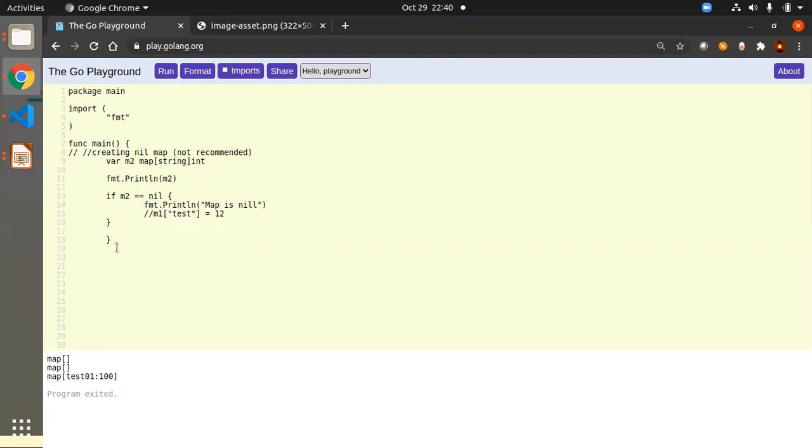But what if you try to add some keys to the nil map? What happens? That also we will see in two iterations. As of now, I will just execute this one. So whether it is nil or not, it will show it to us. Yes, initially it is trying to print empty map. Okay, fine. So it looks like an empty map, but if you try to check whether it is nil or not, it is showing nil. So empty is equal to the nil. That's why it entered into the if clause. What if I try to assign some value to the nil map, whether it is allowed or not, that we will see.